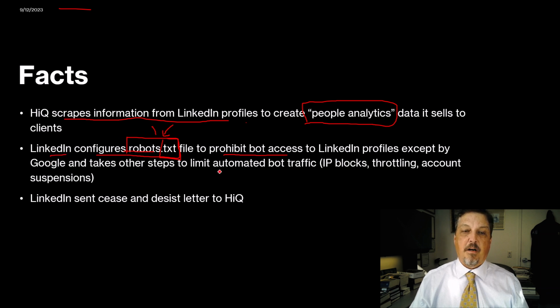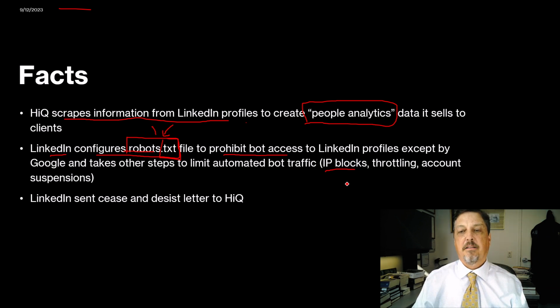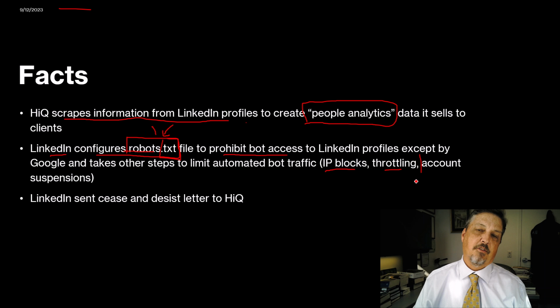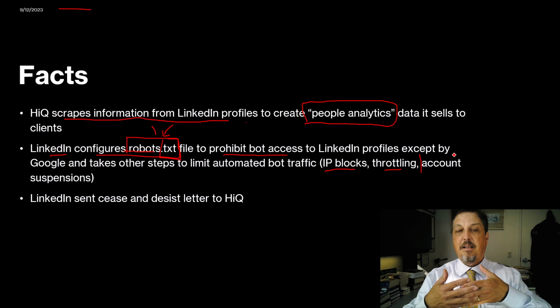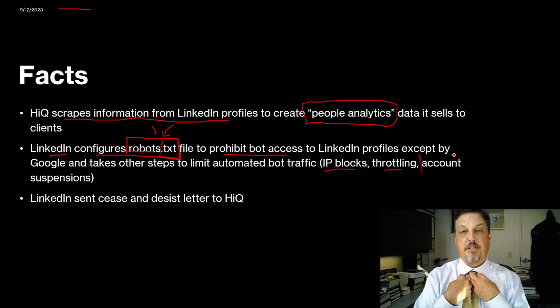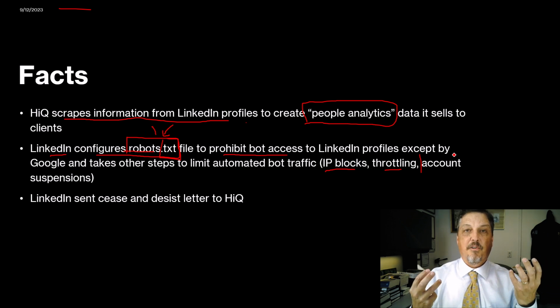LinkedIn also had taken some other steps, like specific IP blocks. If they knew that bots and crawlers were coming from specific IPs, they had blacklists. They would throttle accounts that weren't on the blacklist but that were suspect. If they did find accounts that were scraping data, they would suspend those accounts. So they were doing what I would call hybrid policy and technological barriers. If I were the judge, I would say this is a case that falls in between technological gates up and technological gates down.